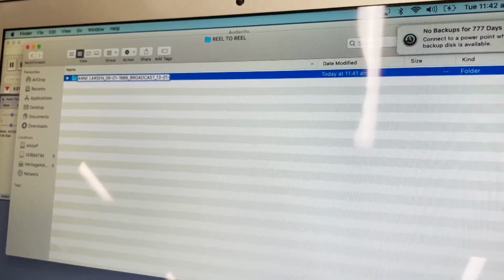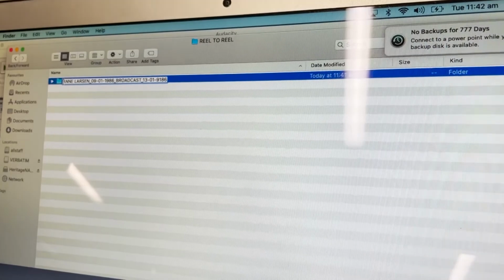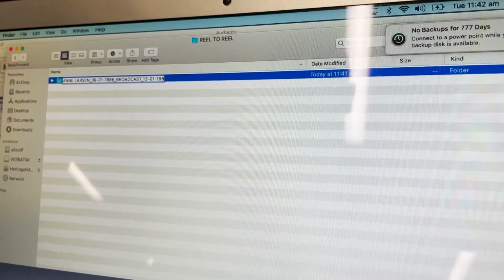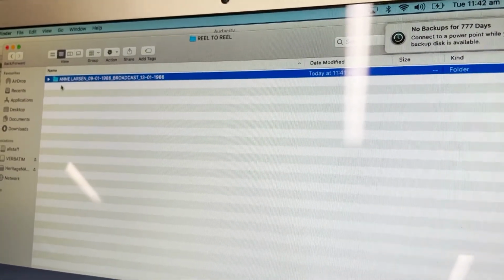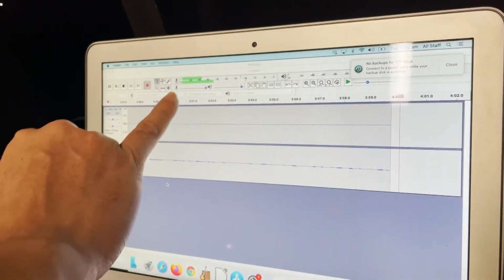13/01 1986. Oh, hang on. 1986. Now we already created the folder, which is good. We minimize the time. Now with this